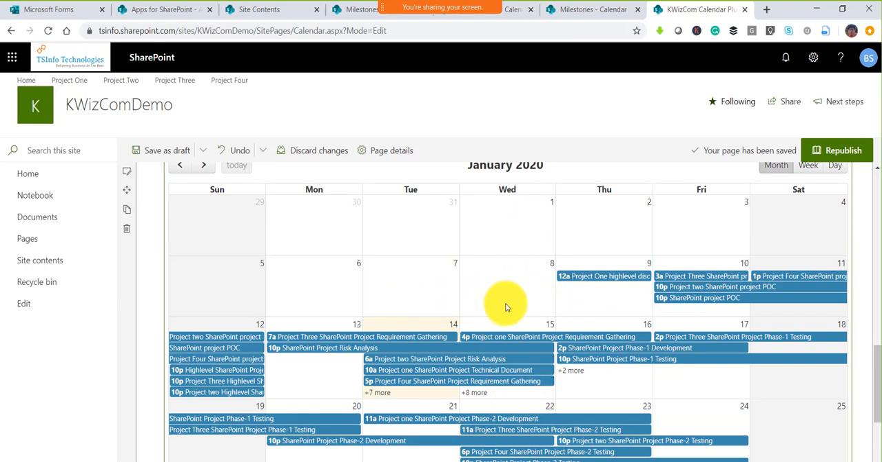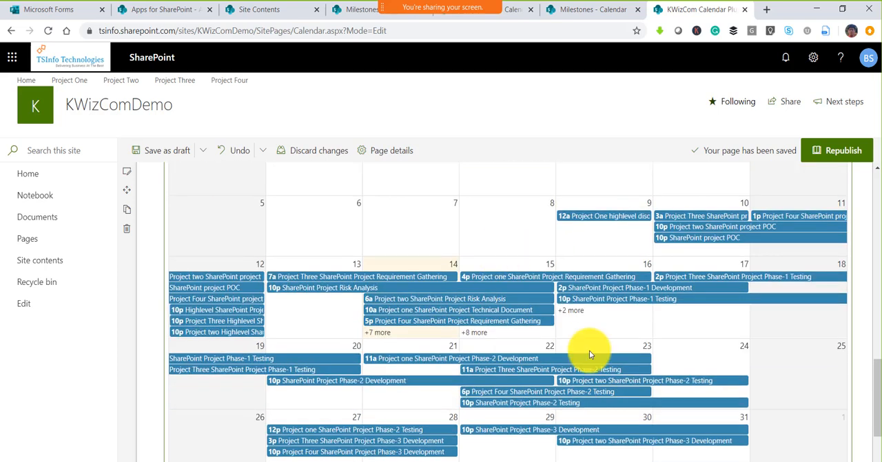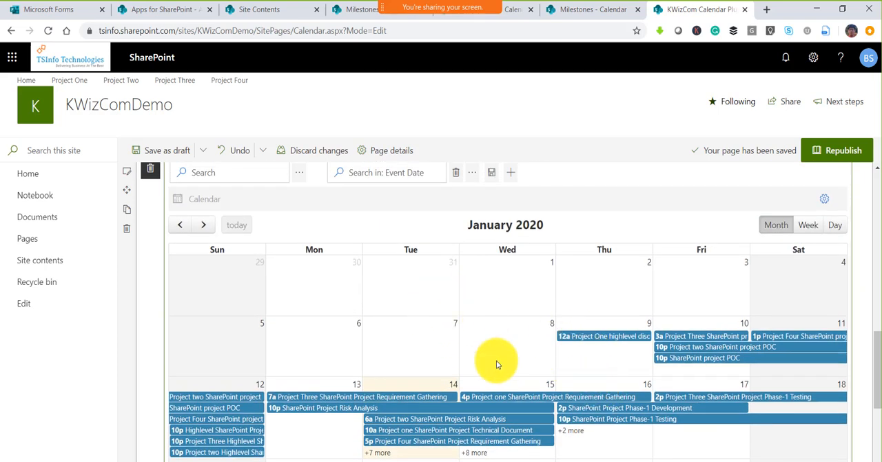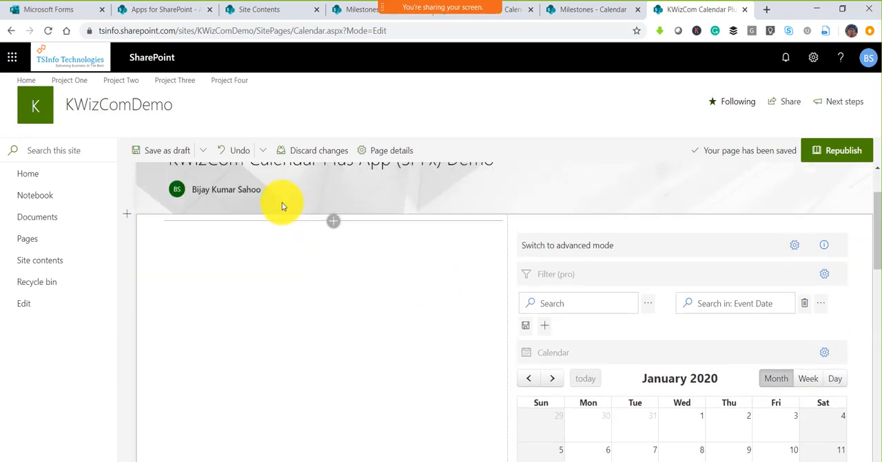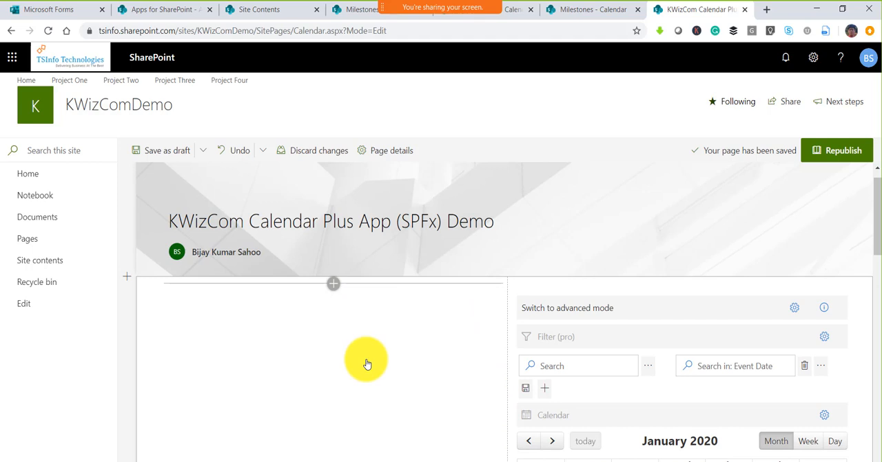So this is how we can display the list aggregator. We will see in the next demo how we can display, let's say, the delayed milestones from all of this, or based on the site. We'll do these things shortly. Now the last one I will do here is show you how we can use our